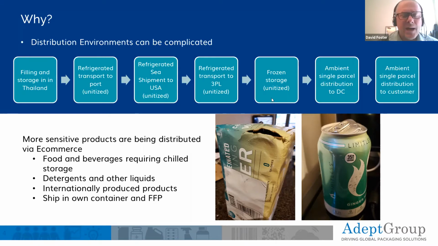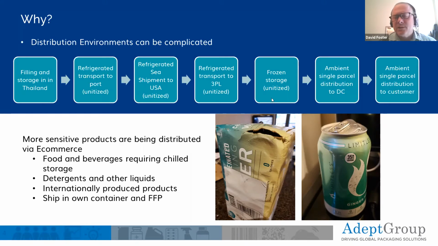On top of that, we have more and more sensitive products being distributed via e-commerce, especially over the past few months, where people have been quarantined and in isolation. They're relying on delivery for a lot more of the products that they want and need. So there's more and more beverages, food requiring chilled storage,